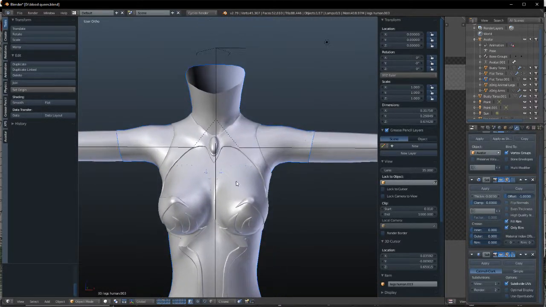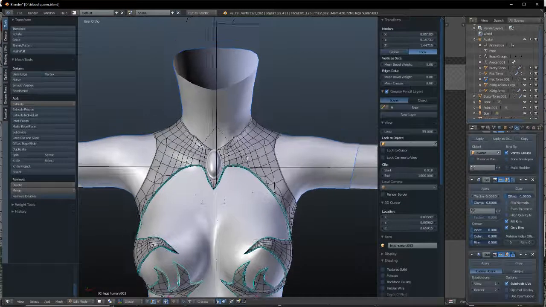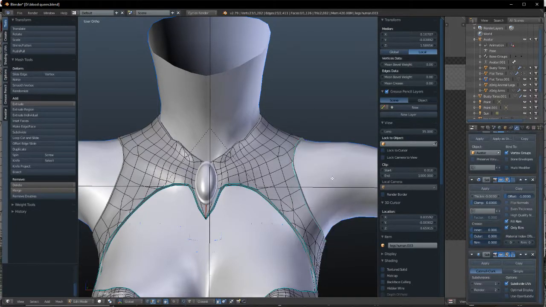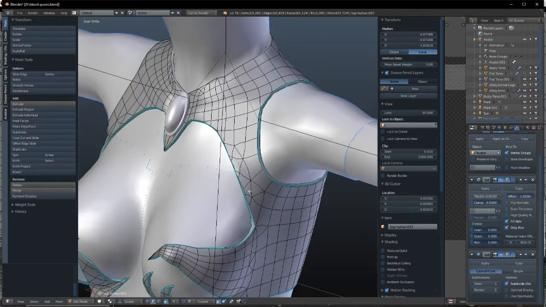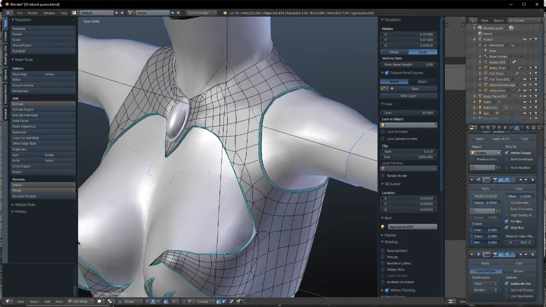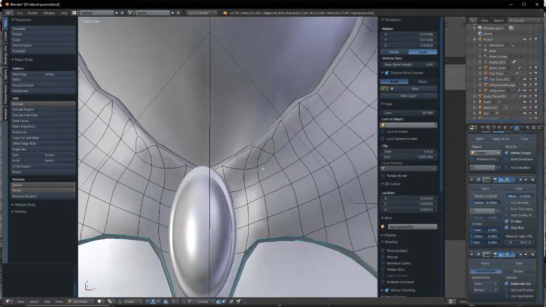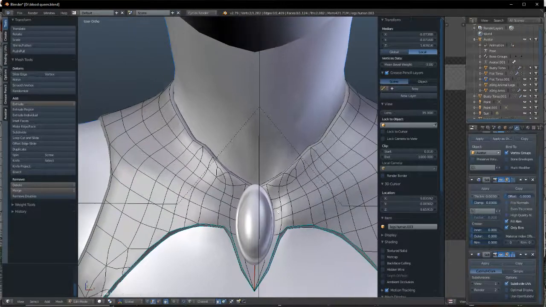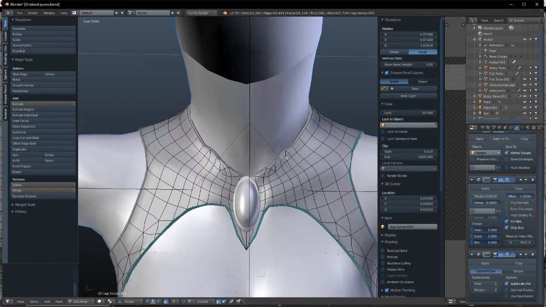Another thing you can do for optimization is use your subdivision modifiers, and then at the end just remove geometry to make it work. If you're wondering why this is pretty weird here,